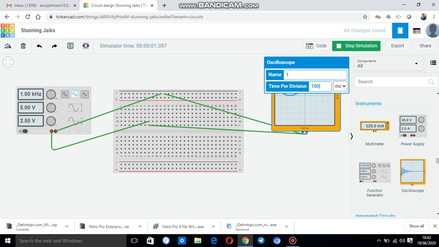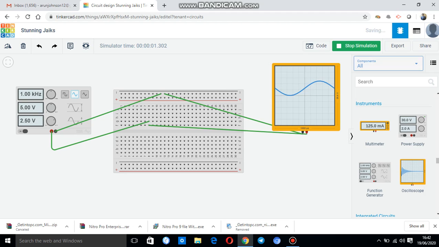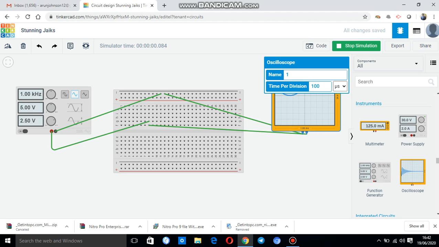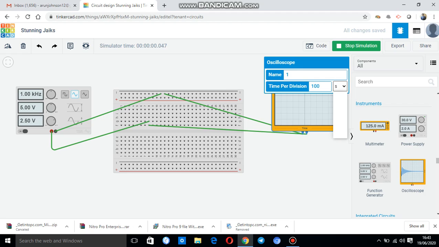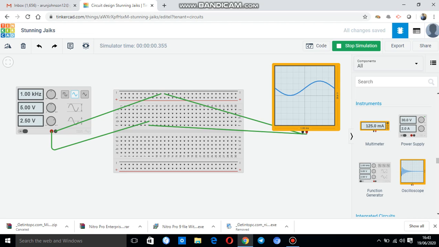Now I am going to increase this to 10 seconds. I stop the simulation and start it again. It's not coming, so again I will reduce this time. Okay, now it's coming. That's how it works, just a simple experiment.